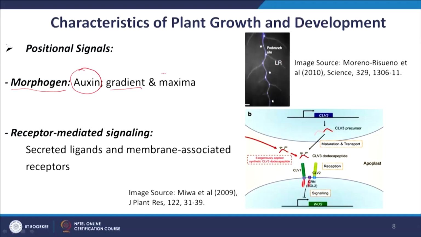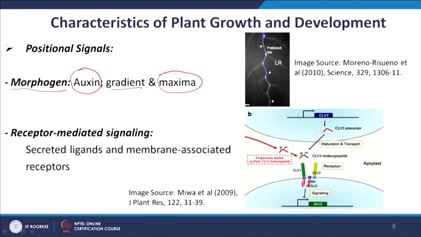Another important thing with respect to auxin is its concentration. Some developmental programs are switched on once auxin reaches a particular concentration, which we call auxin maxima. If you look at this picture, it has a luciferase